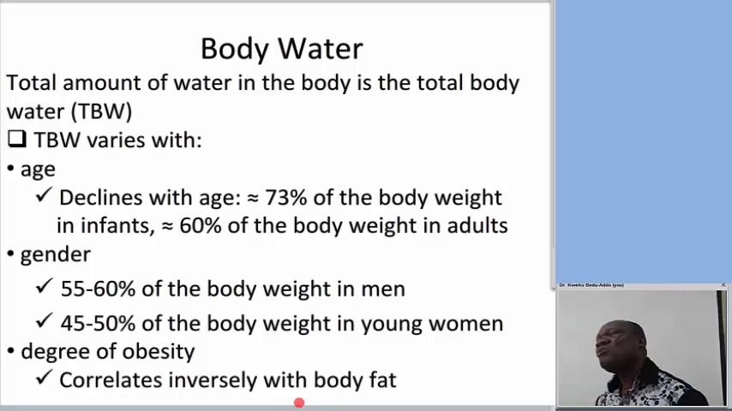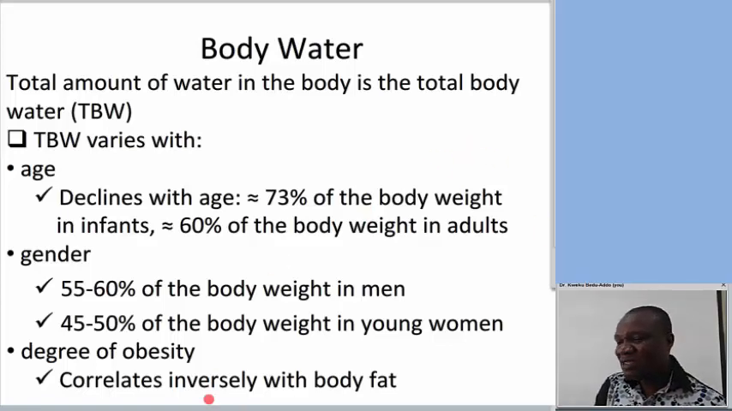The total body water correlates inversely with the body fat. We've seen that in gender, because there is a higher fat content in females than males, men and women. Total body water is higher in men than in women. So as the fat content in the body increases, the total body water decreases. There is an inverse relationship between fat in the body and the